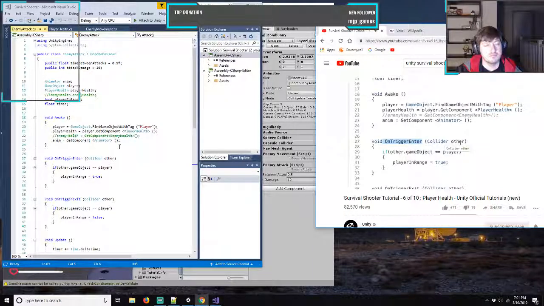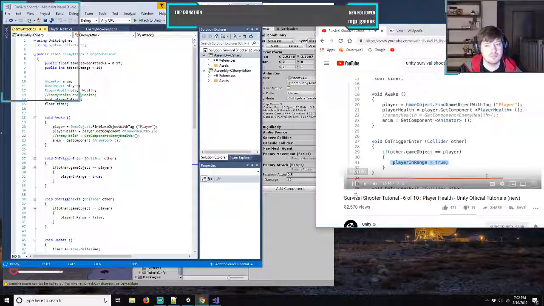So here we have void OnTriggerEnter, and then inside parentheses we have Collider other. Other is whatever it is that collided with this collider. If I'm the enemy and something collided with me, chances are other is the player. And so now I know where that is. And so the very next line is me making sure that it's the player, because we don't want to be able to attack a sofa. We want to only attack the player. And as such, we want to ensure what it is we are attacking. So we're going to say if other.gameObject double equals player. And that double equals is an equality operator. This basically says, are these the same thing? So if okay,